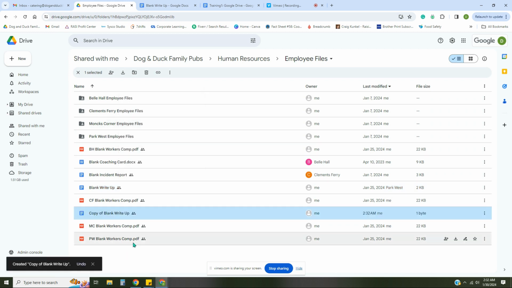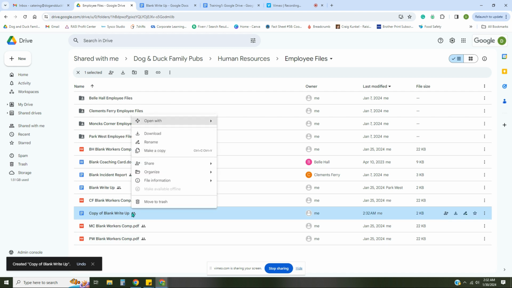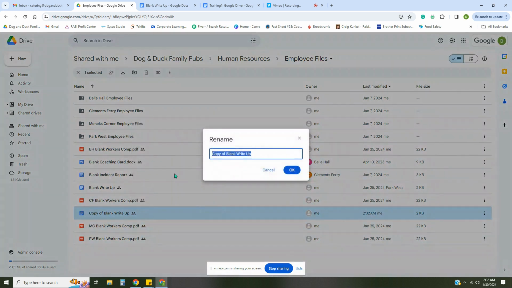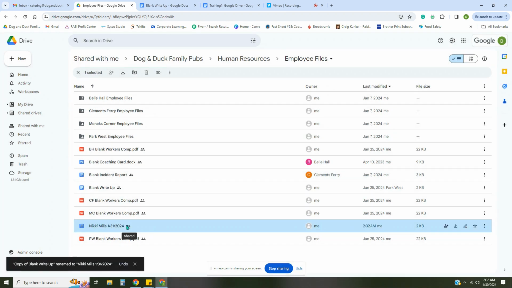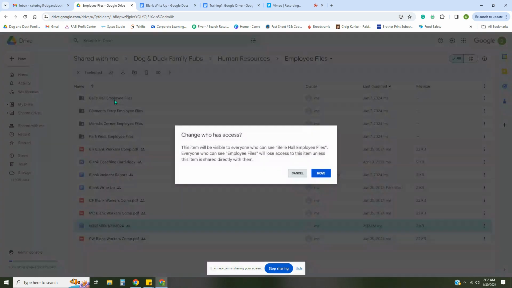It's going to create the copy within that same shared folder. It will always be called copy of whatever you made a copy of. And then you can just right click and rename it. And you're going to name it, since this is a write-up, I'm going to name it the name and the date. That way it's easy to find, nice and organized, and then I'm going to pop it right up into the store folder that